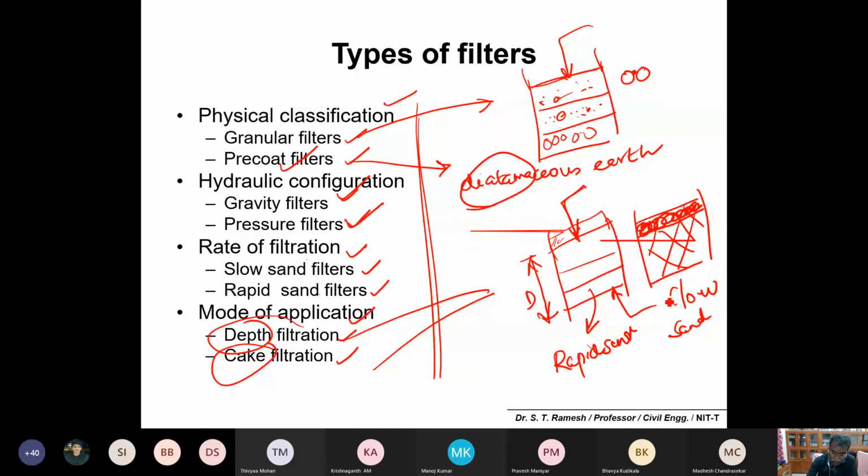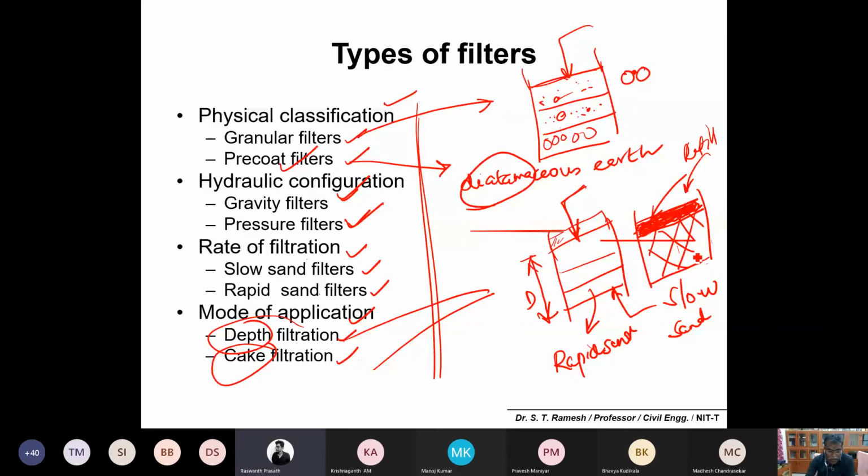But in the case of a slow sand filter, the sand grains are uniform throughout the entire depth, so one single depth of filter. The removal mechanisms happen only at the top of the filter alone, so there is no feasibility of backwashing. If it is getting blocked or clogged, we stop the filter, scrape the blocked material and refill with new material. So here backwashing is not favored. Is it okay?